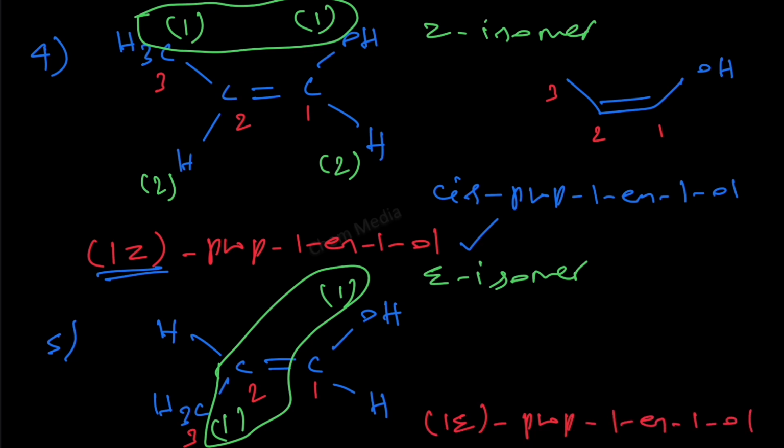And the same structure in bond line notation would be 1, 2, 3 and then the OH group and the double bond between 1 and 2. Let's move to isomer 6. So number 6 we are going to write prop-1-en-2-ol. Therefore the OH group is at its second position now. It is in the middle. H, C, H, double bond and then